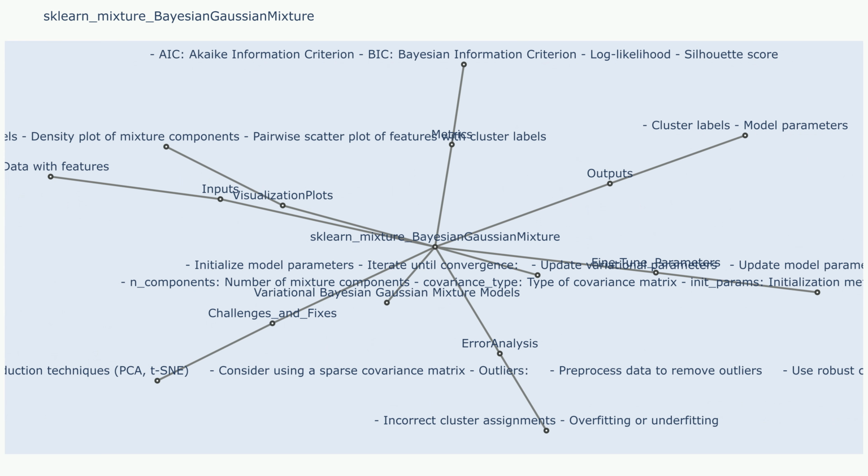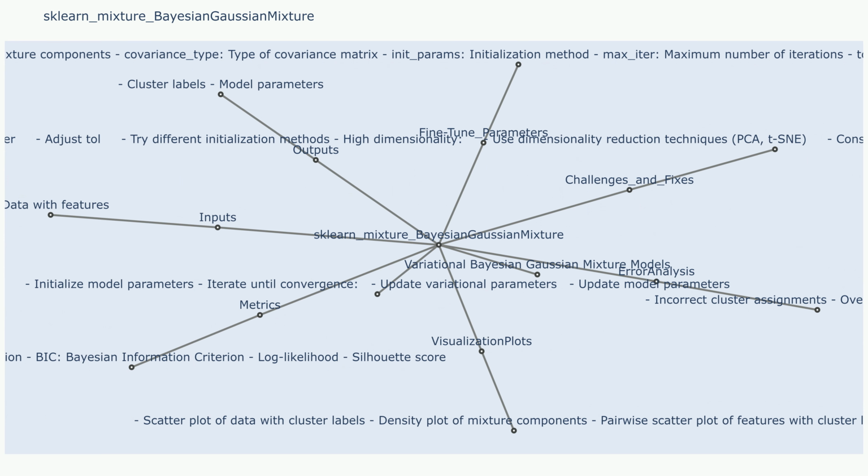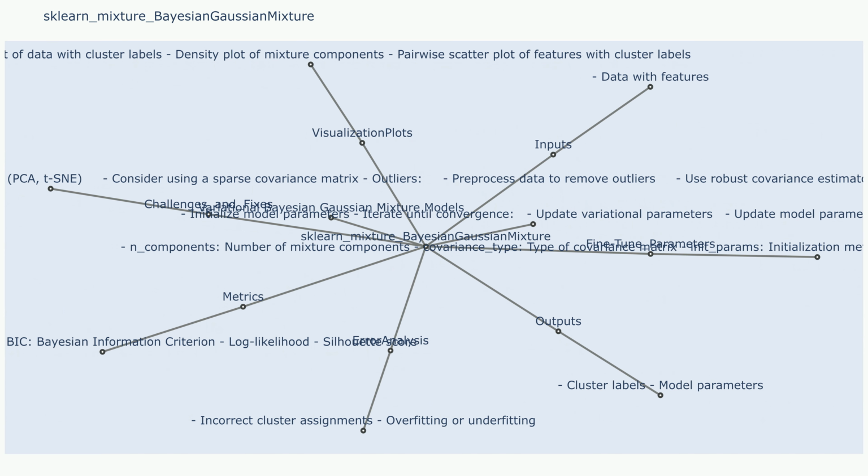Metrics: Bayesian information criterion (BIC), a score used to select the best model based on the trade-off between model complexity and data fit. Akaike information criterion (AIC), another score similar to BIC, used for model selection. Visualization plots: scatter plot, visualize the data points colored by their assigned components, highlighting the clustering structure. Density contour plot, overlay the density contours of each component on the scatter plot to visualize the distribution of data